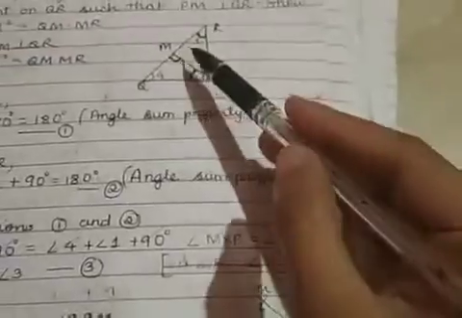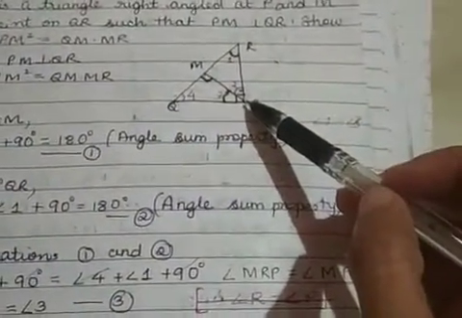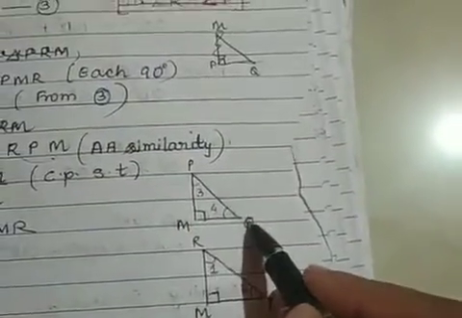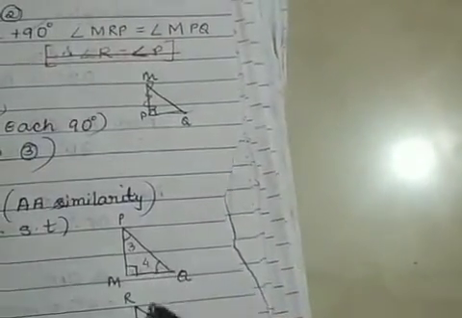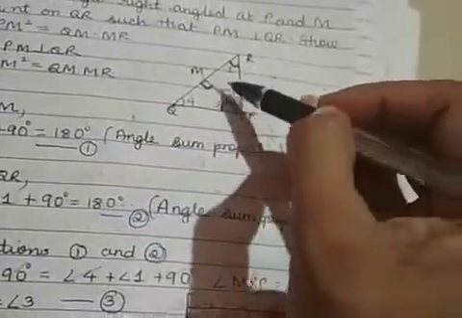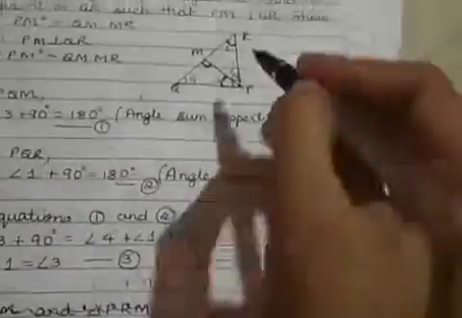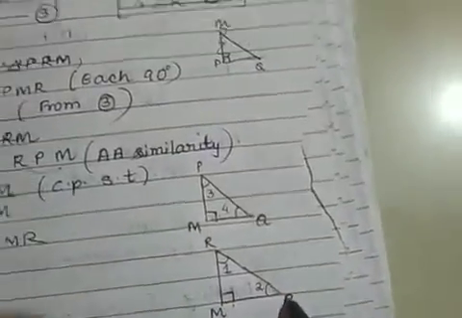So if you look at the two triangles and split them, one triangle is PMQ. So you have triangle PMQ. Now this is angle 3 here, okay, and this is 90 degrees and this angle is 4. Now the next triangle that you take, that is PMR, is such that M is 90 degrees, correct? Now R is equal to P. So R should come here and P should come here.